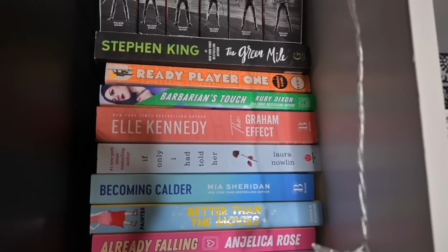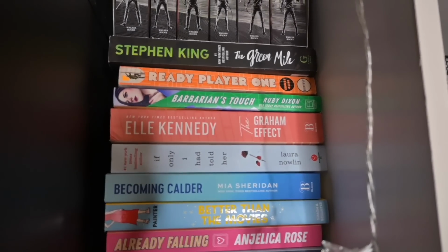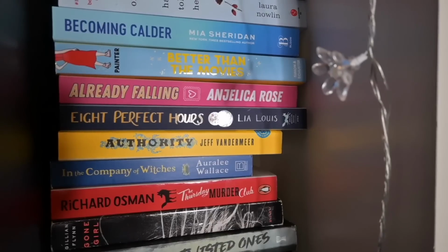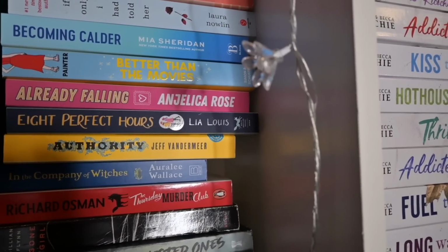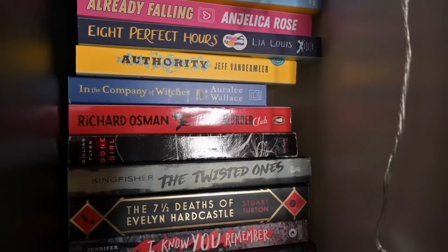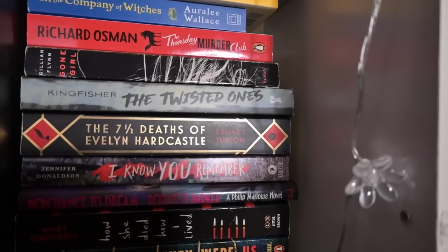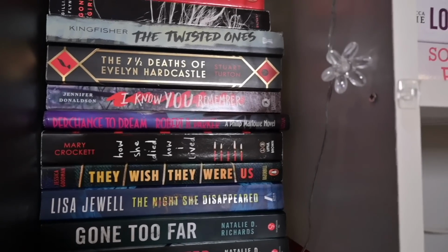I have Stephen King's The Green Mile, Ready Player One, Barbarian's Touch, which I think is book 7 in the series, The Graham Effect by Elle Kennedy, If Only I Had Told Her by Laura Nolan, Becoming Colder by Mia Sheridan, Better Than the Movies, Already Falling, 8 Perfect Hours, Authority by Jeff VanderMeer, In the Company of Witches, The Thursday Murder Club, Gone Girl, The Twisted Ones, The 7 1/2 Deaths of Evelyn Hardcastle, I Know You Remember, Perchance to Dream,